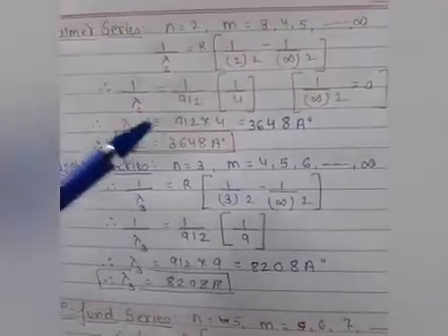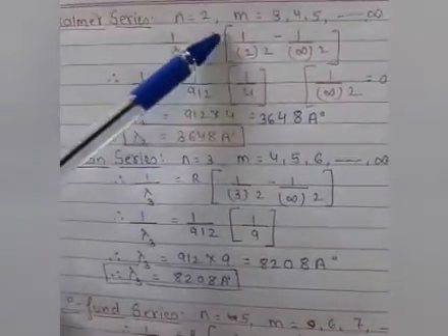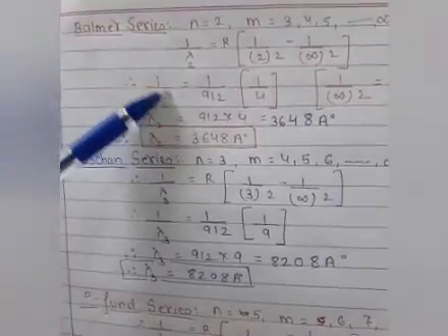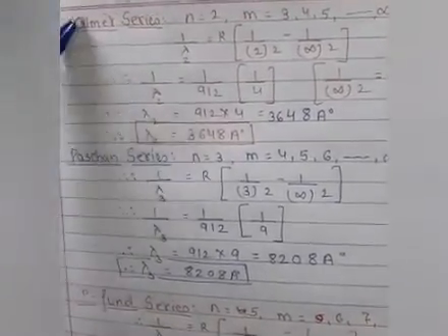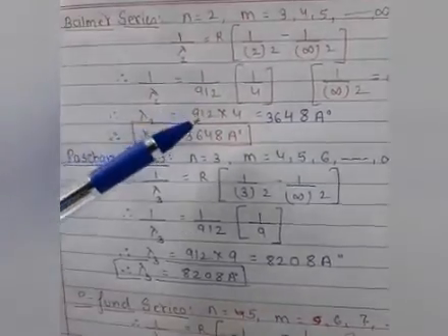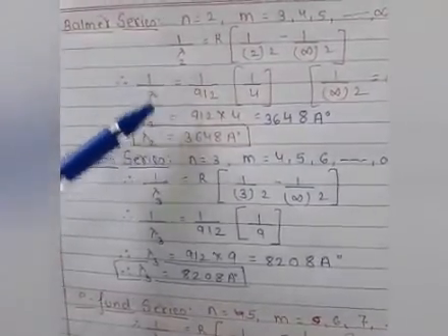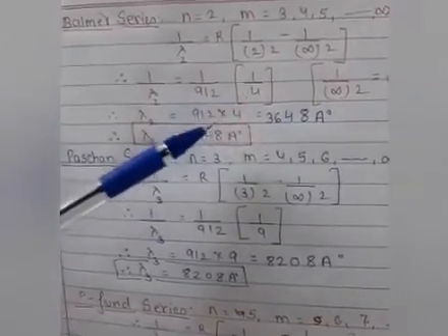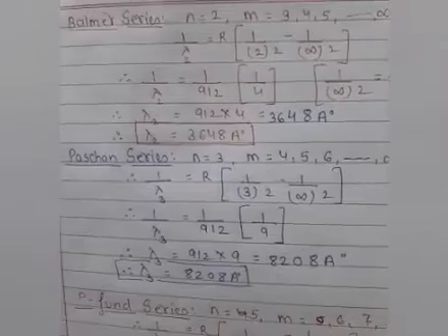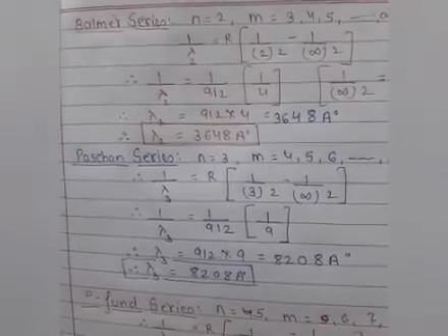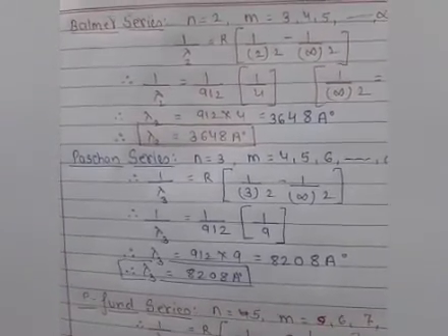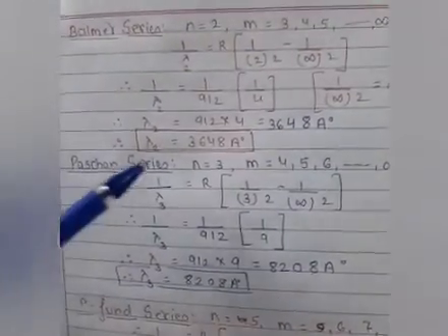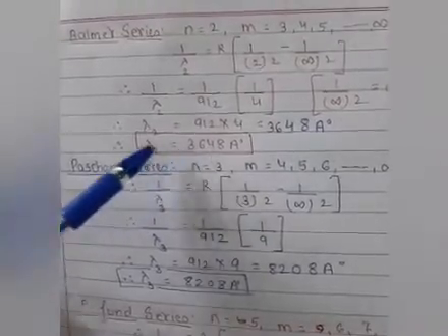Clear? So 1 divided by infinity is 0, 1 divided by 2 square that is 1 by 4, and 1 by lambda 2, because students we have to find out the limit wavelength of this series. So lambda, it means reciprocal, when we consider lambda 2, 912 multiplied by 4, because 2 square is 4, so here we are getting 3648 angstrom. It means the limit of the Balmer series, here we are considering from 3 to infinity, we are getting this much limiting wavelength inside this Balmer series.